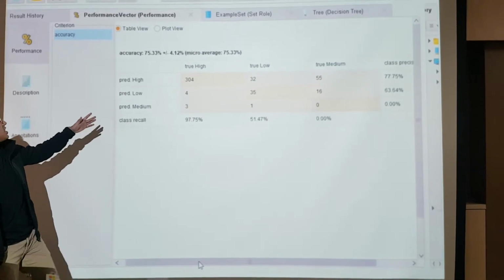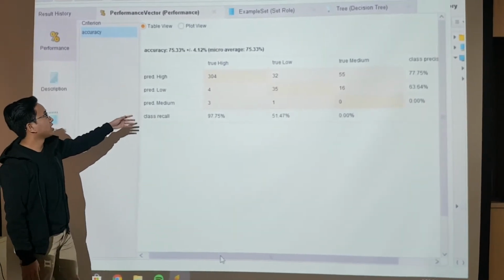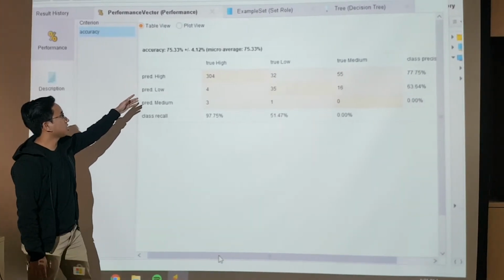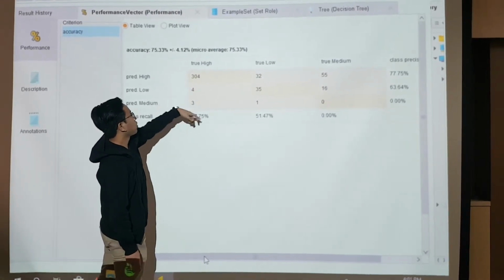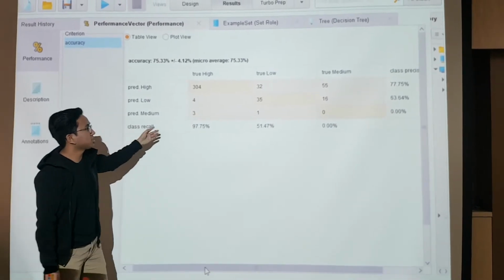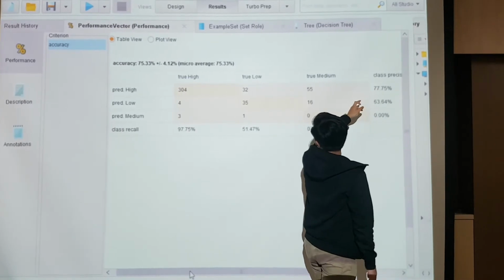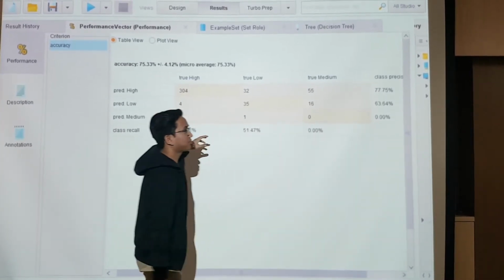As you can see, this is the performance part of the cross validation. The accuracy that we get is 75.33%, and as you can see, most of the data is predicted to be high level of poverty, and the precision also, if you compare between high, low and medium, the highest one is high. So we can predict that